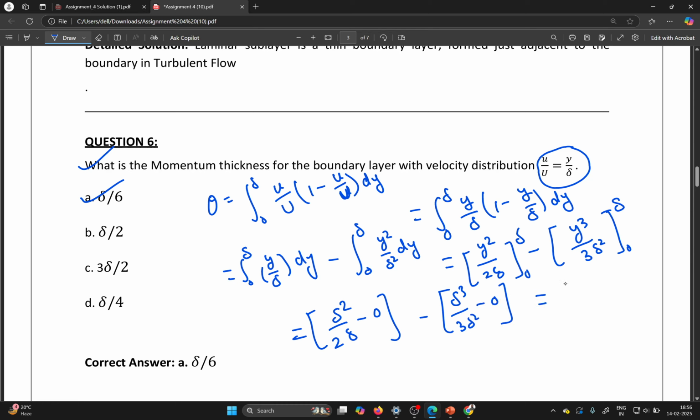Now delta by 2 minus delta by 3. So here you take the LCM, 6. 3 delta minus 2 delta, you get delta by 6. So that's it. So like that you will calculate